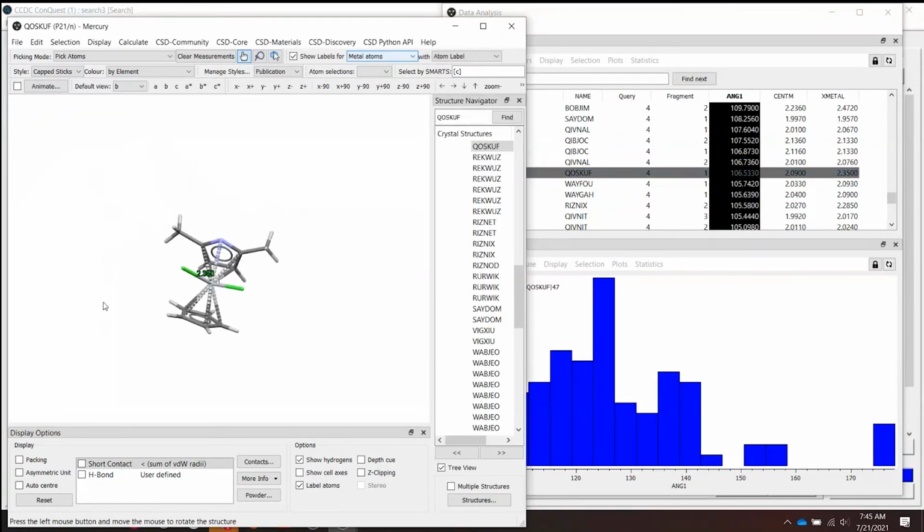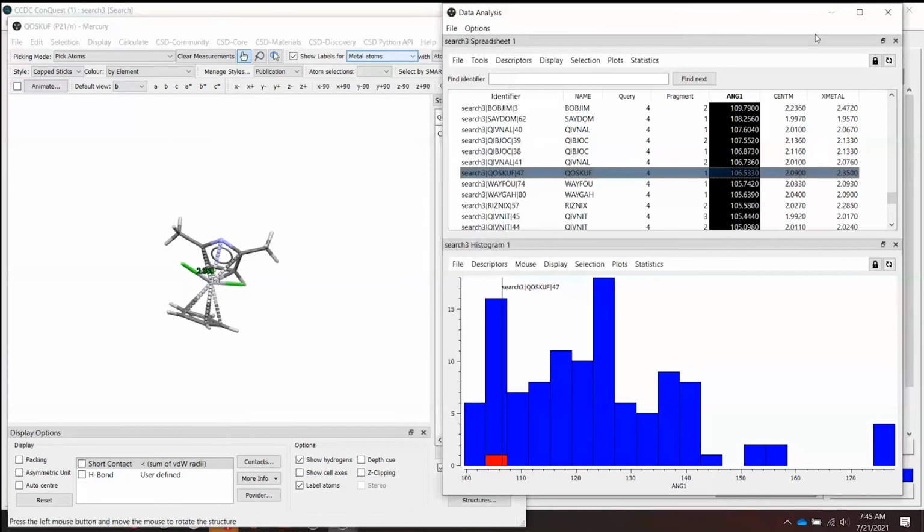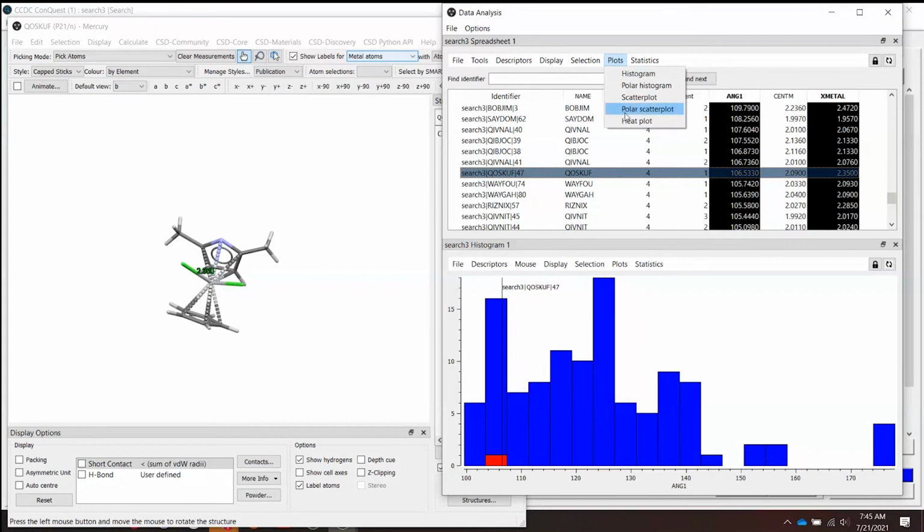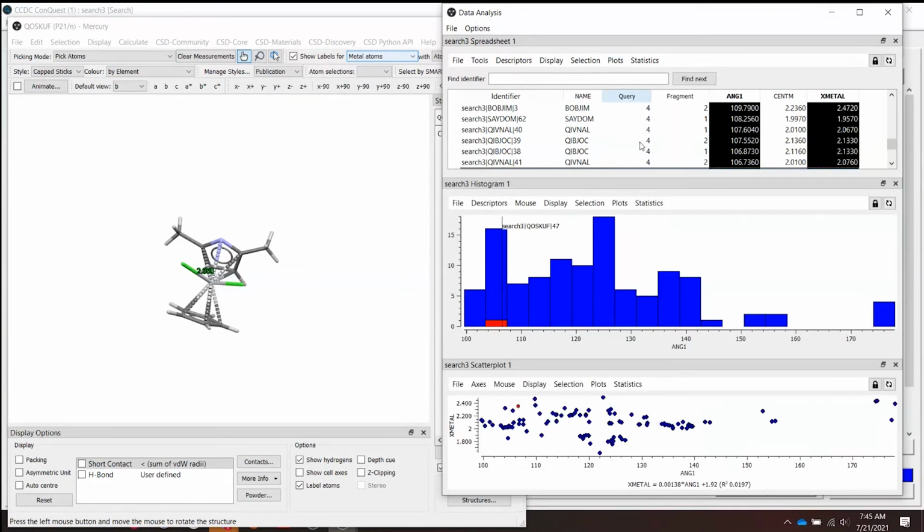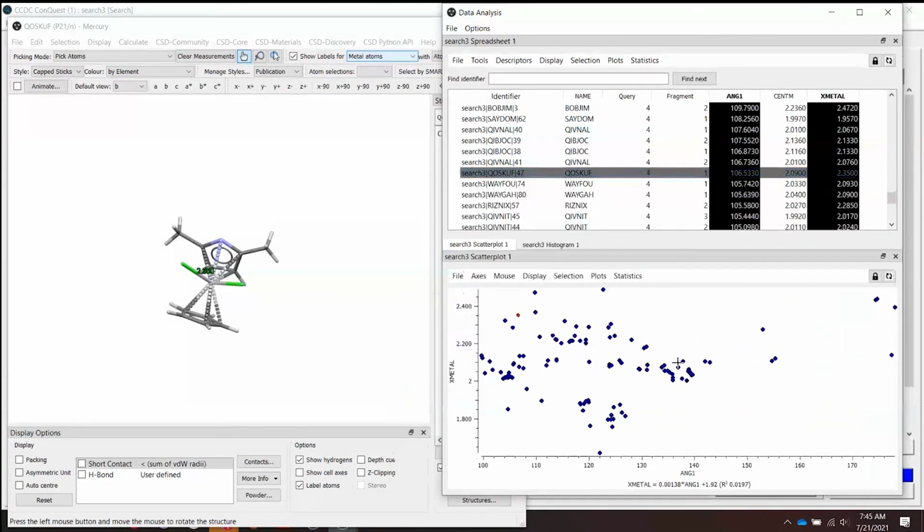Some of the other types of plot we can generate is to see if there's any correlation between the X metal distance and how the angle changes. So if you select the two groups and go back to plot, you can click on scatter plot, and you should start to see the scatter plot. And you can see highlighted in red here, that's the structure that's